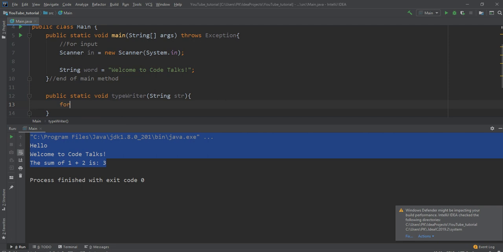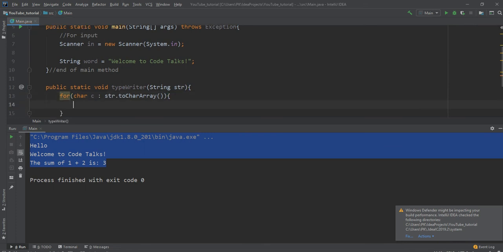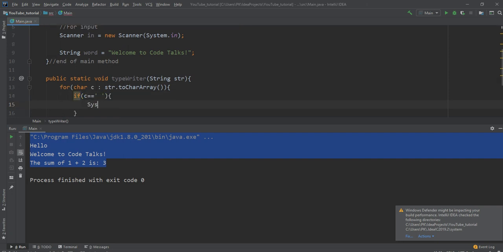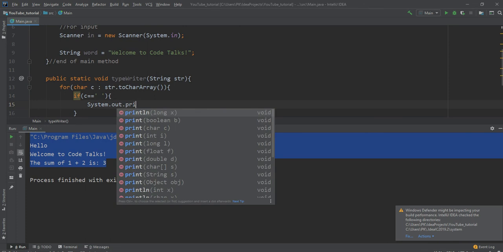So also do watch my loops and arrays video before you watch this video. Make sure you're caught up on those, because I'm not going to be explaining those things in this video. So I'm going to create an enhanced for loop or for each loop. And basically we're going to run through each letter, and if C is a space, then I want to print out system.out.print